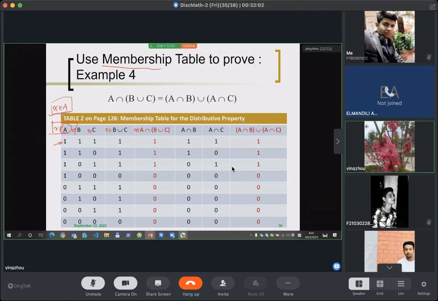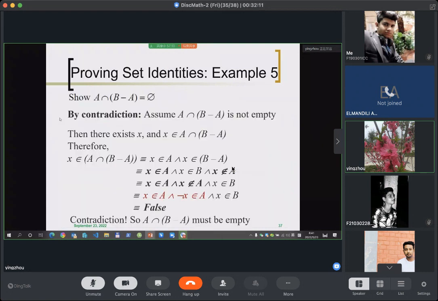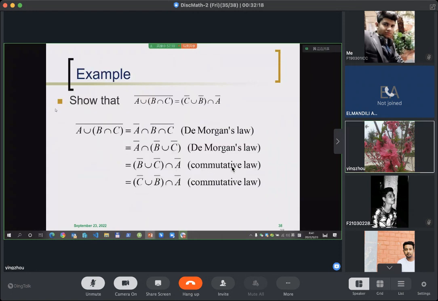So in this proposition you can find 0 and 1. So this is a membership table, just like the propositional logic truth table. Okay,